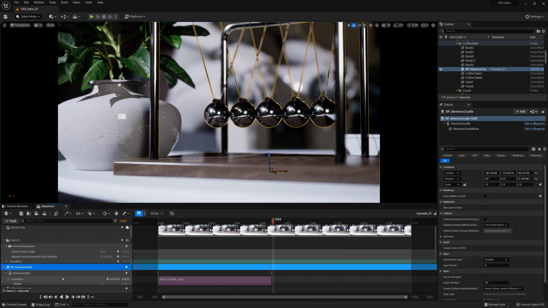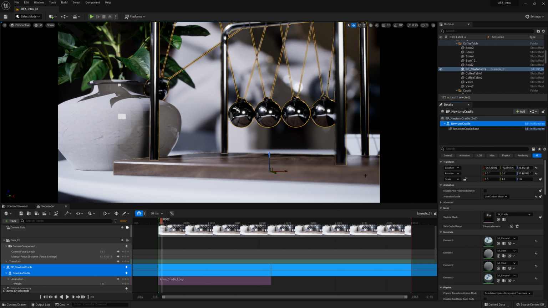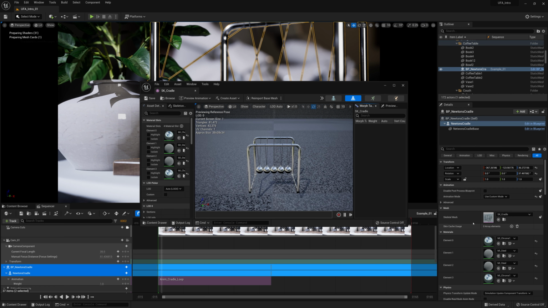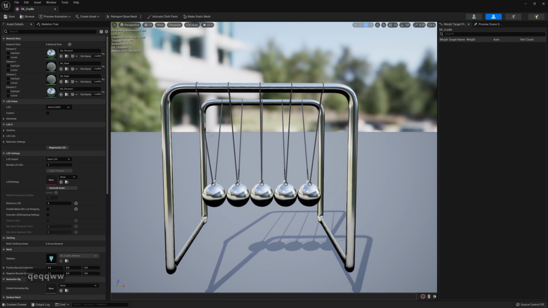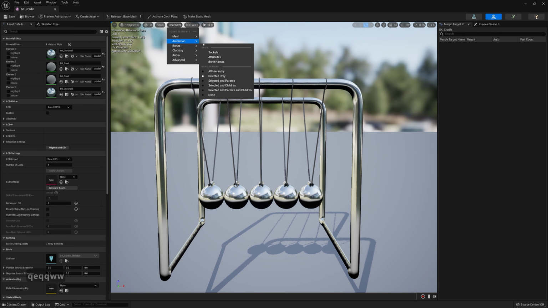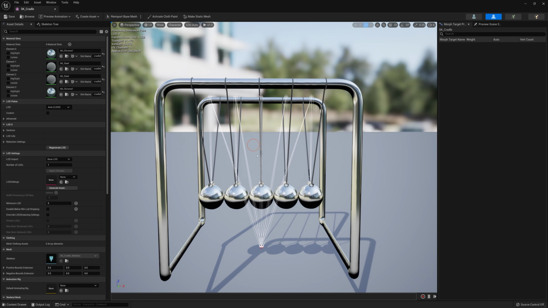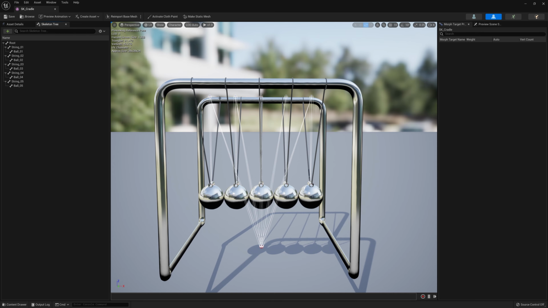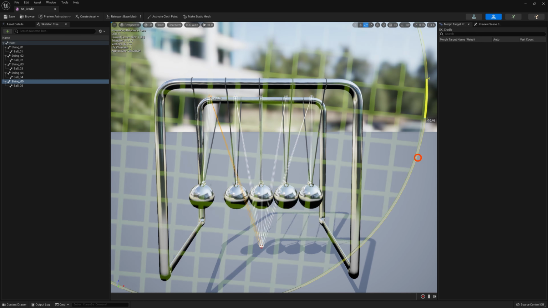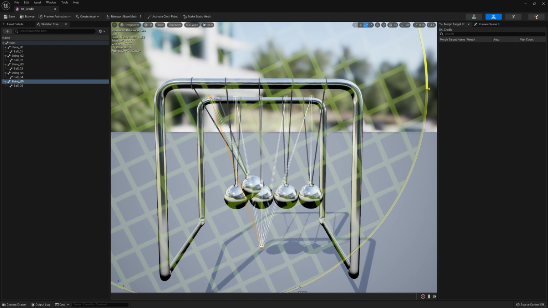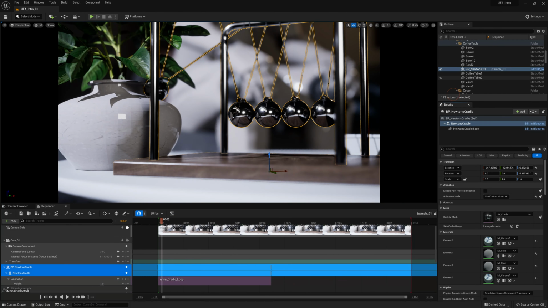Now, what might surprise you about this asset is it is actually a skeletal mesh, just like our character. To illustrate that, I'm going to show you the bone structure in the skeletal mesh editor. I'm just going to double click on it over here. And just like our character before, we open up an editor like this. And if I go character, bones, all hierarchy, you can see it has this skeletal structure. So what the animation is doing is it's animating these bones like this. So coming back to our scene,